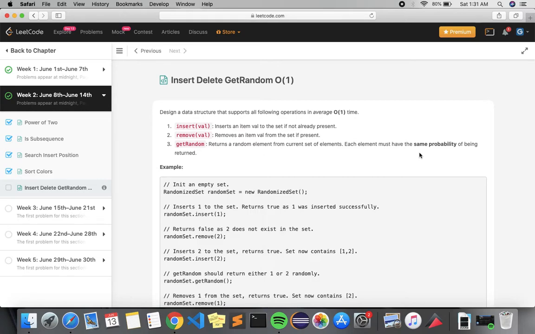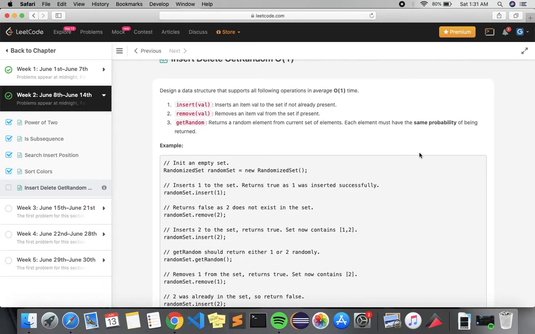Then for get random we have to think about another data structure, that is array. With these two data structures we can design a data structure that supports these three operations in O(1) time.